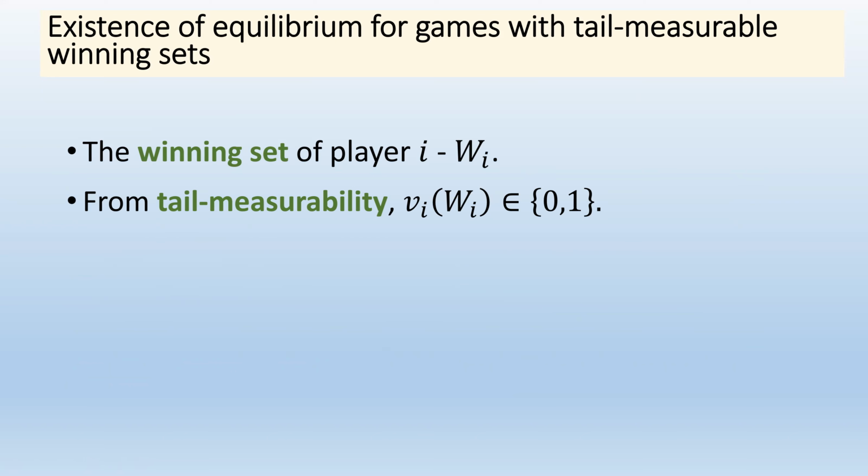To get some intuition as to why it is either 0 or 1, let's entertain the thought that it is 1/2. Then a player has a strategy that guarantees that she gets into the winning set with probability half. From Levy's 0-1 law, there is some period t far enough along the play such that with probability close to half, at period t, the player knows that she wins almost for certain, that she is inside the winning set, and with probability half, she knows almost for certain that she is lost, that she is outside of the set. But the set is tail.